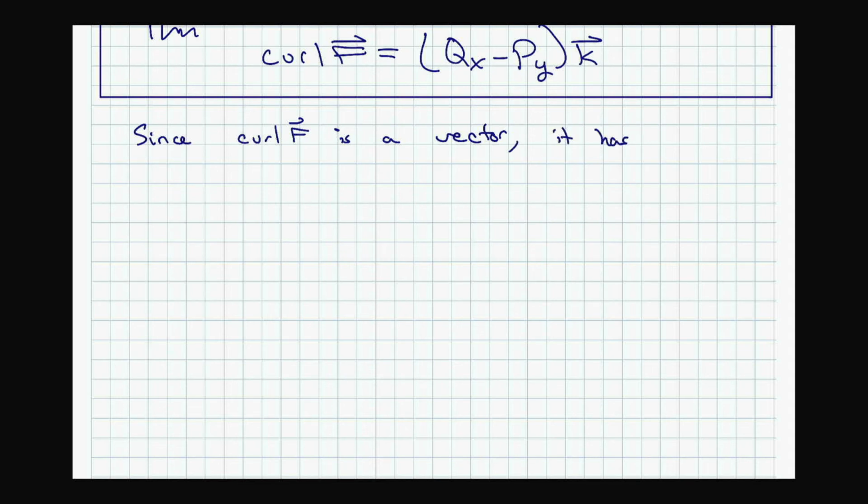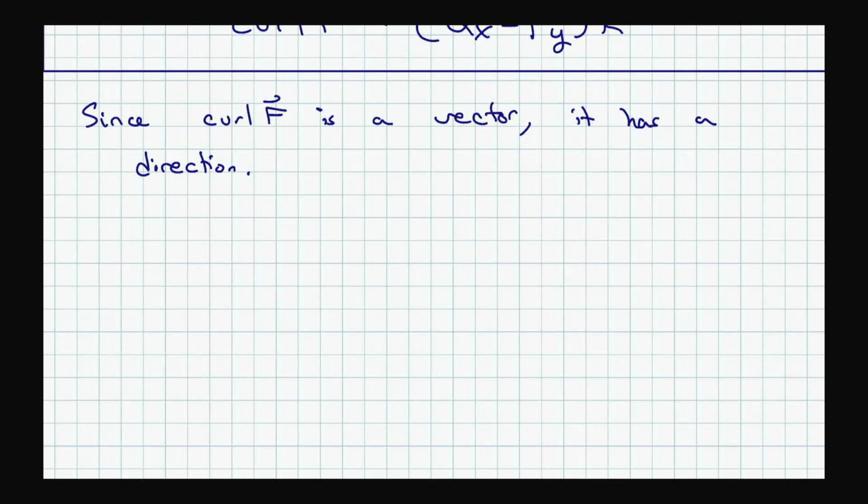It has a direction. Basically, we said that we were measuring the tendency for an object to spin. Well, what's happening is that the curl F vector is pointing in the normal direction to the spinning. Okay, that direction is orthogonal